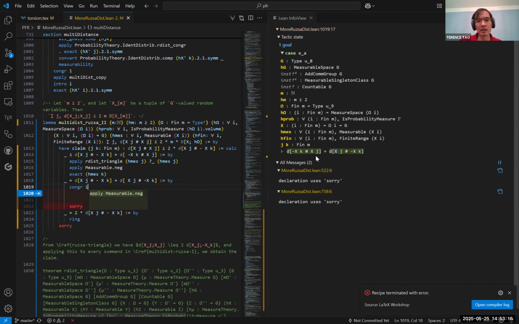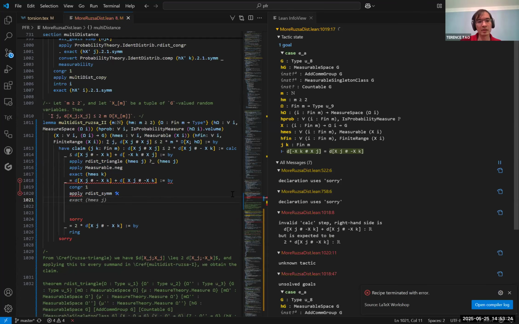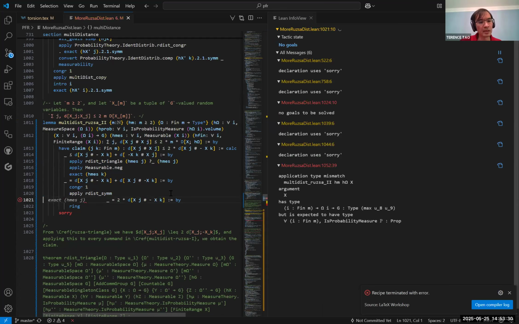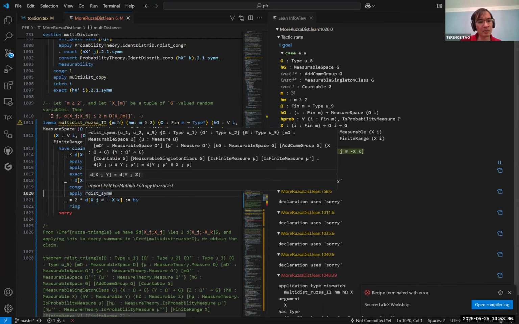Okay. Right, I just need this to be true. I will apply symmetry. And when I apply symmetry, oh, I'm done. Okay, so I don't need anything else. All right, that's nice. Slightly surprised. I thought I would need to prove measurability again, but maybe this lemma. Okay. It looks like this lemma turns out to be true even without measurability.